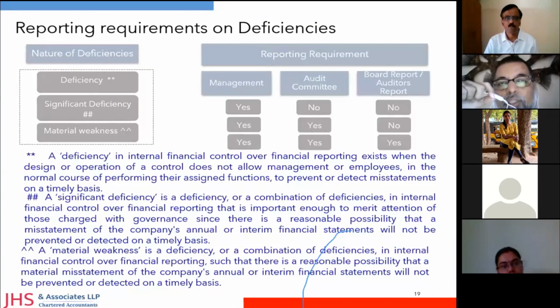This is a quick summary of the types of deficiencies, the control deficiencies that arise when you are doing testing of internal financial controls. So a deficiency will be a simple point of failure of a control, continuing the example of the hire to exit cycle. Say if the manpower requisition form is not available, it is called a deficiency. But if an appointment letter and a manpower requisition form are not available, it is called a significant deficiency. If the appointment letter, manpower requisition form, as well as the payroll computation sheet are not available, which has a direct